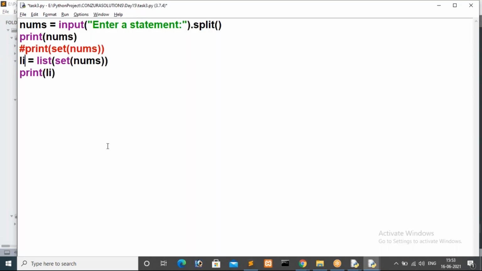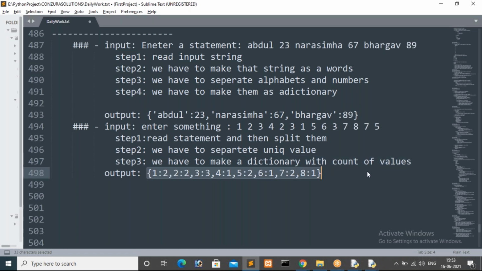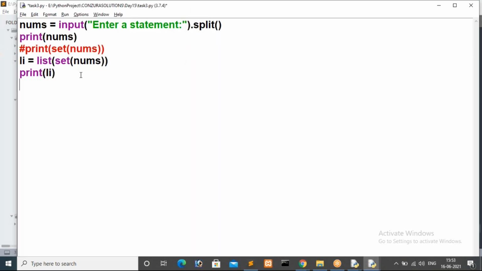For that, we have to get a result like this. For that reason we have to iterate a loop by using li, the unique list, guys. So: for i in li, that means inside the list we have unique values now. Here I am storing unique values in li, the unique list. For your clarity, instead of saying li, I am storing unique values. So by using this statement I'm getting unique values. Now I'm saving this one.